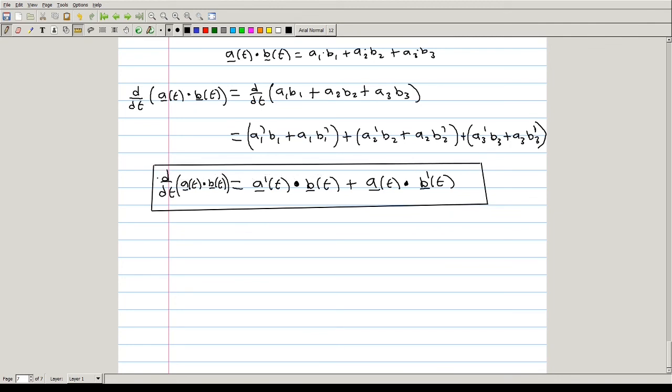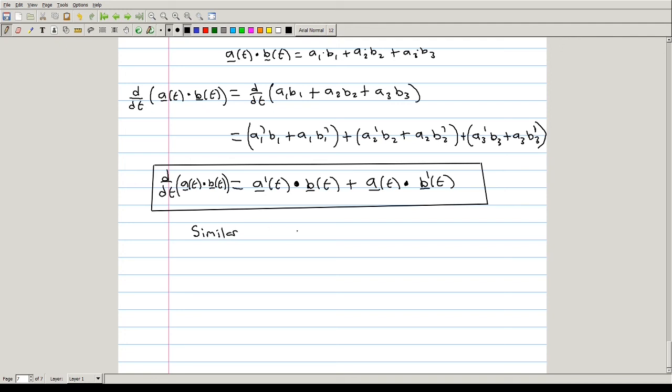Now, in general, we do have to be careful to verify any rules from calculus 1 that we're going to try to apply to vector functions, because depending on the operation, the rules could extend a little bit more generally than they do in Calc 1. They could be a little bit more complicated. But a good exercise would be to go through and show that we also have a similar